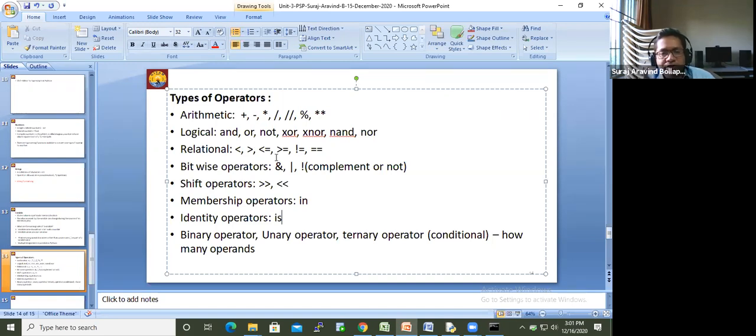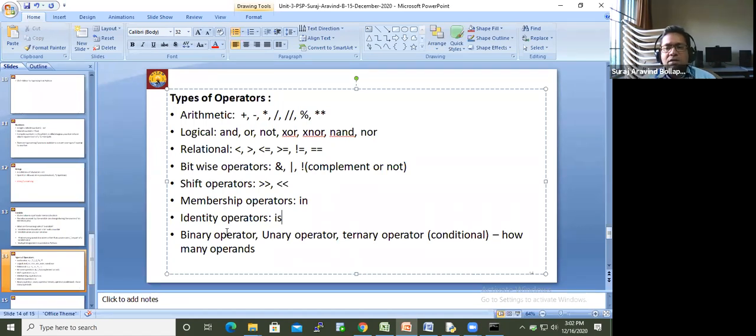The moment we introduce a new data type, we have to find out what are the operators that work on the data type. We will see whether those operators fit or not. If they fit, fine. We give some examples and see how that operator works. If it is not there, we include that operator here, and we also tell what is the class to which this operator belongs, and we will give a suitable explanation for it.